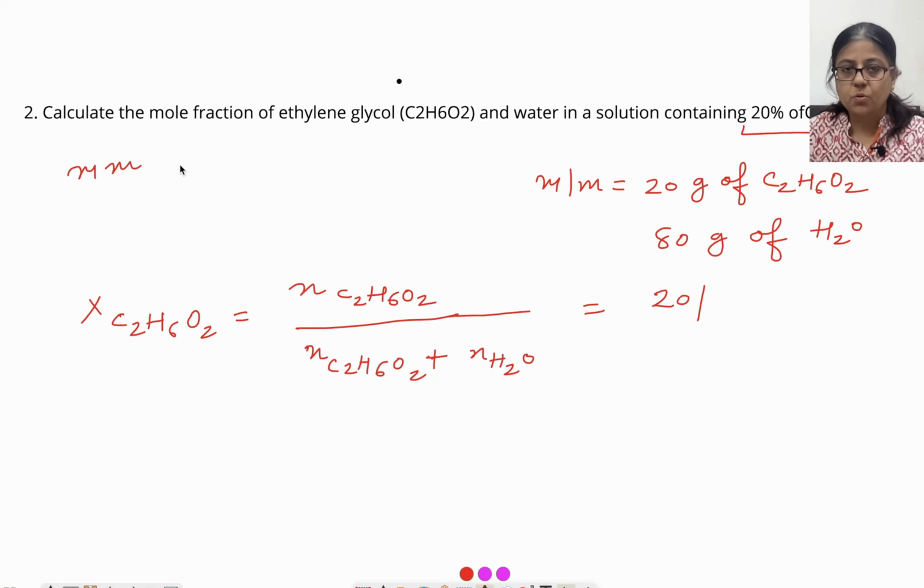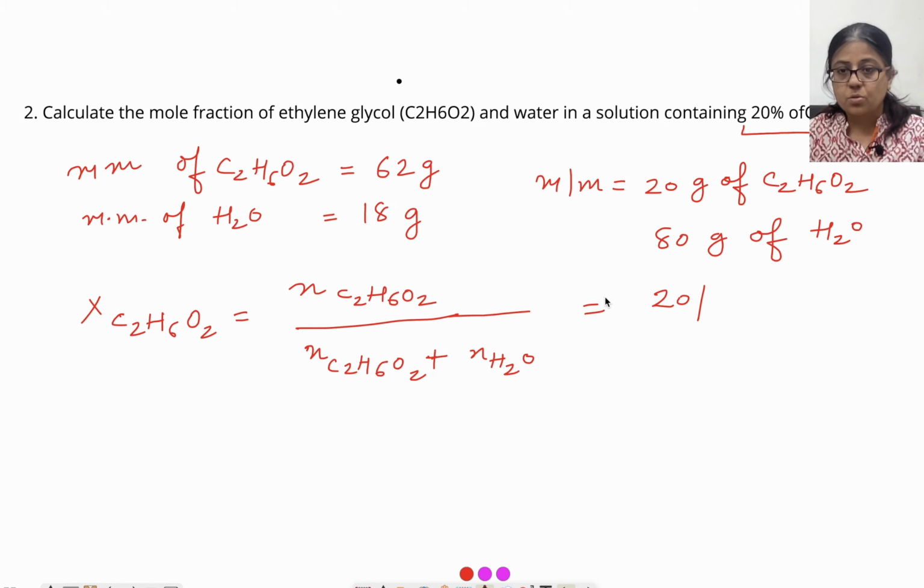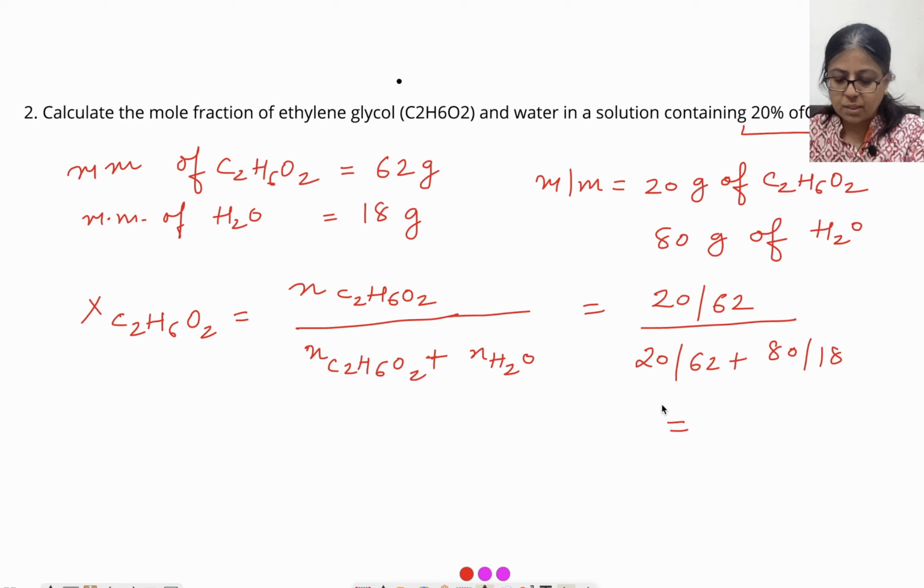So we need the molar mass of ethylene glycol, C2H6O2, as well as the molar mass of water, to calculate the number of moles for both the components. Now the molar mass of C2H6O2 will be equal to 12 plus 12 plus 6 plus 32. It will be equal to 62 gram, and the molar mass of water is 18 gram. So the number of moles of ethylene glycol will be the given mass divided by its molar mass, 20 by 62, plus the number of moles of water, 80 divided by 18, and after calculation the value is coming out to be